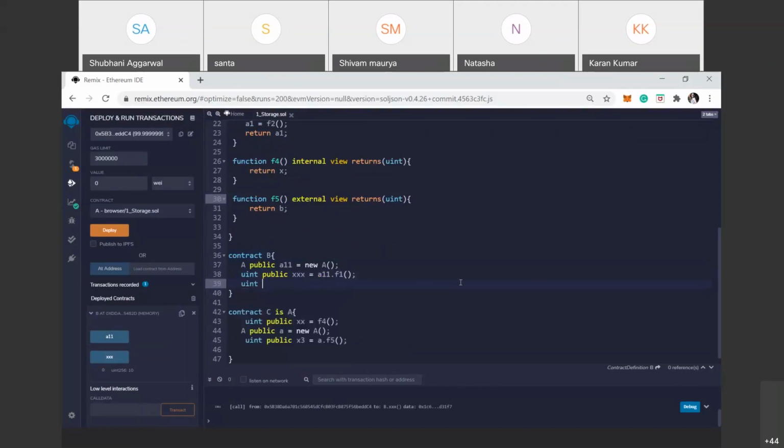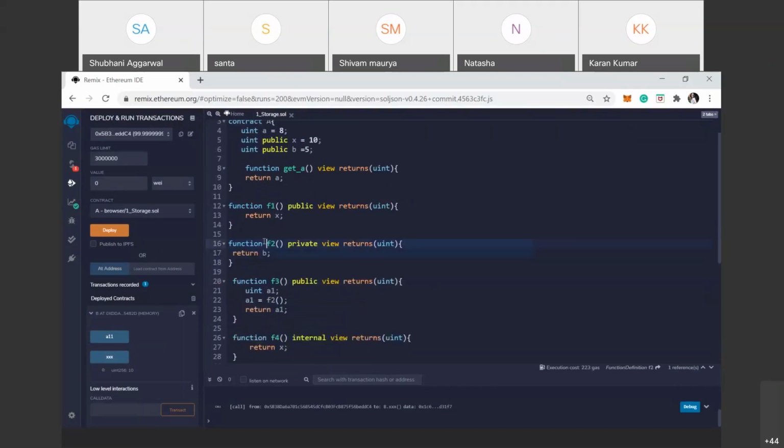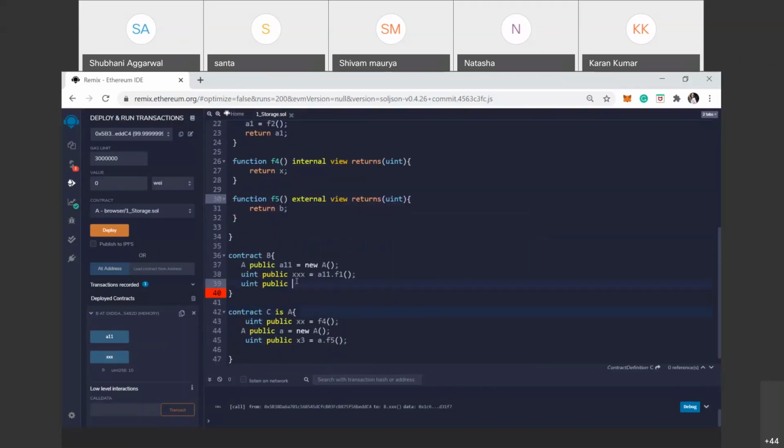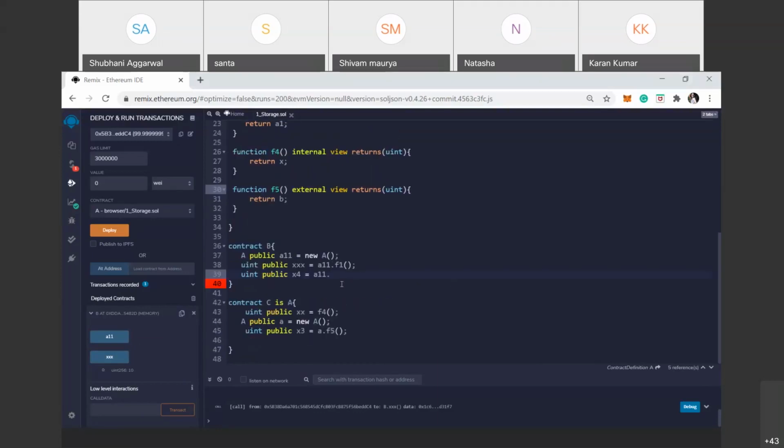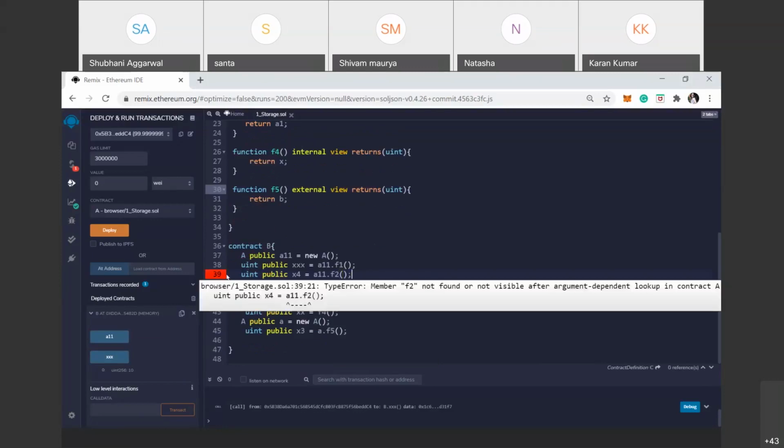And if you mention one more, suppose we call a function that is private in nature. The private function is F2. If you call this here, X4 is equal to A11 dot F2. F2 is private now. Here it shows an error.